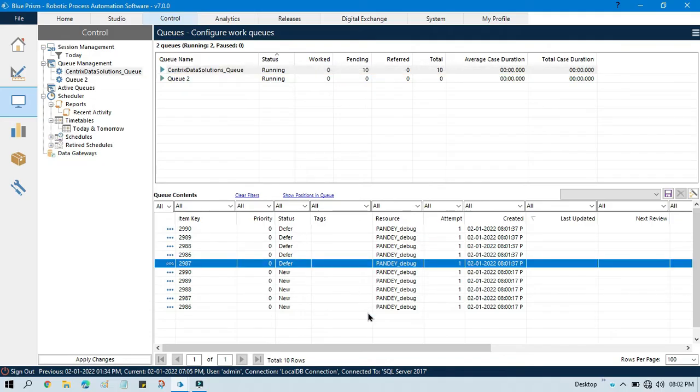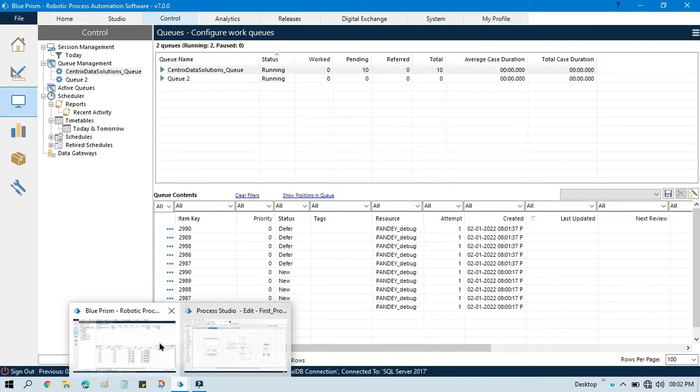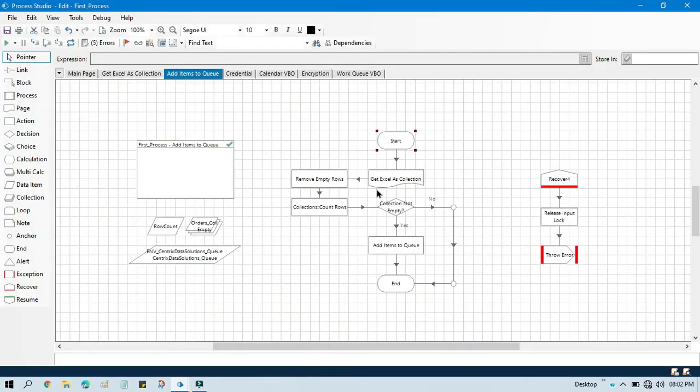Now I'm going to show you how to defer these work queue items where the status is defer. So I'm going to set the defer for the existing queue items, existing work queue items. So here,